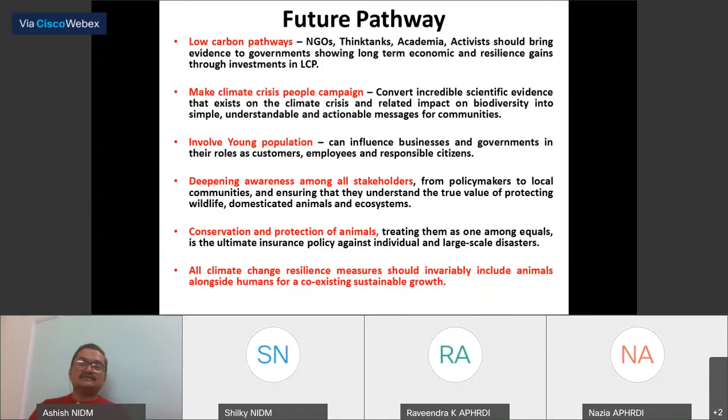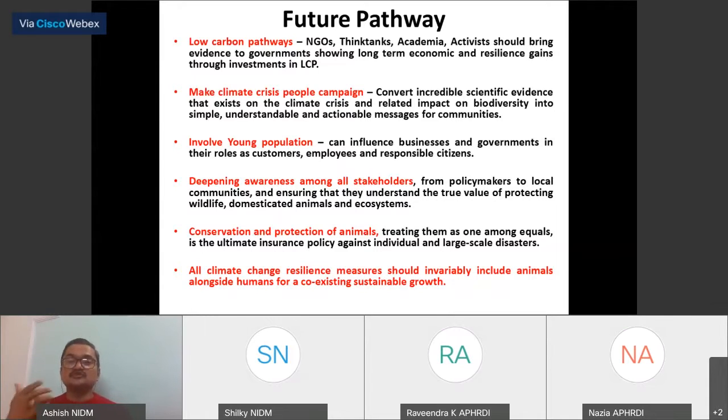Then deepening awareness among all stakeholders. See, everything with respect to disaster or crisis situations cannot be done by government itself. All other stakeholders, we are living in a multi-hazard zone and we require support from all the stakeholders. So all these stakeholders should first be made aware. Their skills should be developed. Then all kinds of mock drills, trainings and capacity building should be done so that policymakers, local communities, volunteers, everybody coming forth on that common platform can be ensured